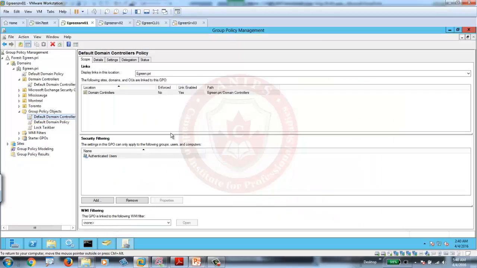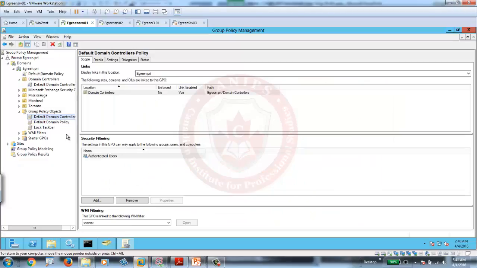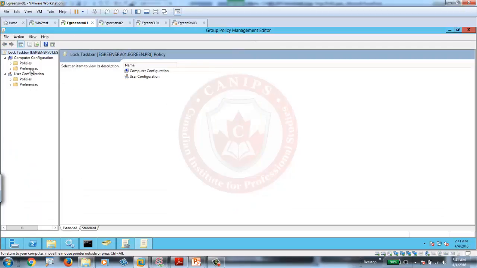So going back here, we just created a GPO, meaning I just completed the first step. This is done. Now I'm going to assign settings. Now what setting am I going to assign? I am going to find the setting for lock taskbar. So first of all, let's edit this. So I just edited my lock taskbar policy,